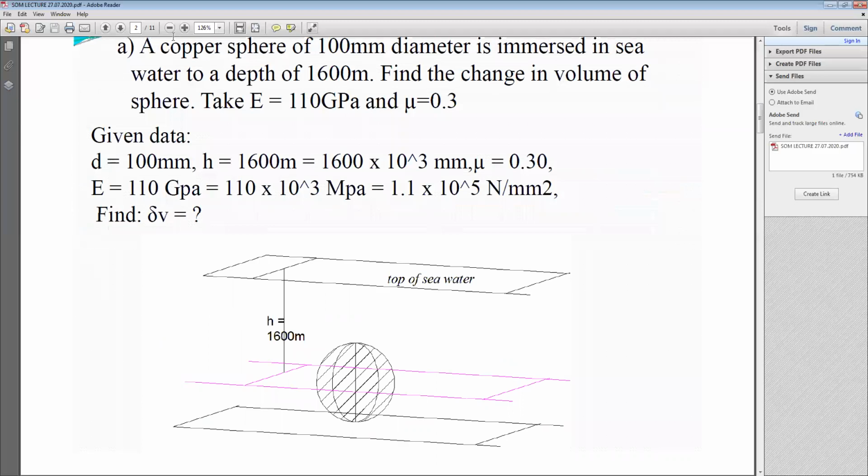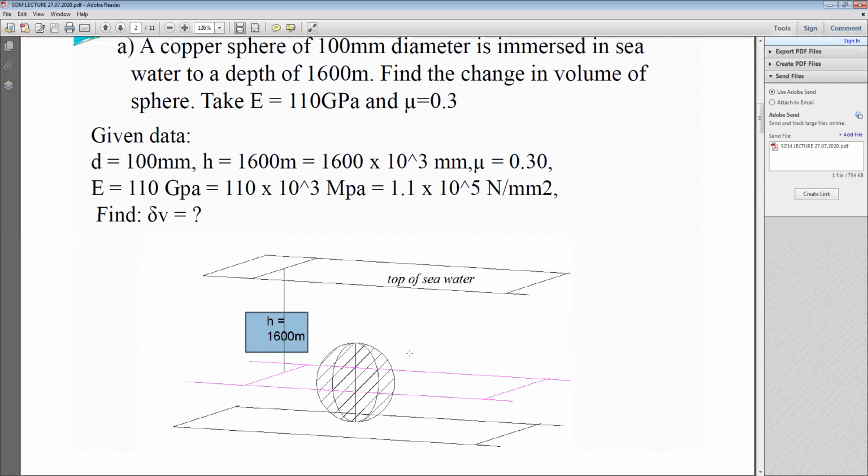But with respect to the condition given in the problem, as I have already concluded, this is nothing but a copper sphere having a 100 mm diameter, which is laid at a depth of 1600 meter with respect to the top face of the sea. There are two types of pressure diagram we have to consider in fluid mechanics. When we carry out the water pressure exerted on the wall of a water tank or a dam, you can say an earthen dam or a gravity dam, at that time we have to use the right angle triangle concept to calculate the total pressure.